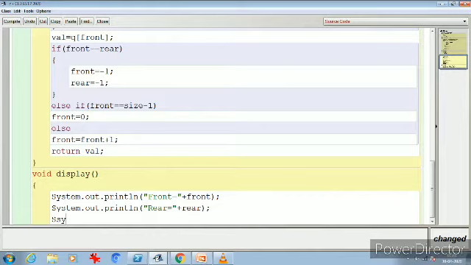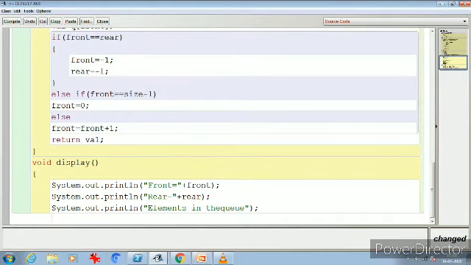And now again we have to print the elements of the queue. So just giving a message, System.out.println elements in the queue, okay. Now see, suppose my front is at present -1, I deleted all the elements.